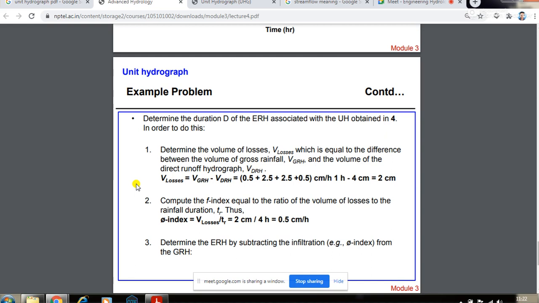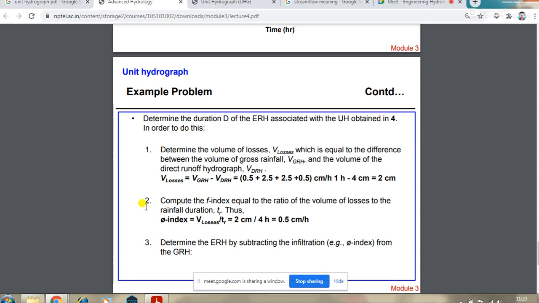ठीक है। जो ग्रॉस रेनफॉल का वैल्यू है 4 घंटे के लिए वो है 0.5, 2.5, 2.5 और 0.5 सेंटीमीटर, जो हम लोगों को पहले मिला था, वॉल्यूम ऑफ ग्रॉस रेनफॉल। Now there is another term known as the phi index or F index. Okay, it is equal to the ratio of volume of losses to the rainfall duration. अब 4 घंटे का हम लोगों को रेनफॉल ड्यूरेशन मिला था 0.5, 2.5, 2.5 और 0.5। अगर किसी के मन में ये सवाल है कि ये हम लोगों को कहाँ पे मिला था,